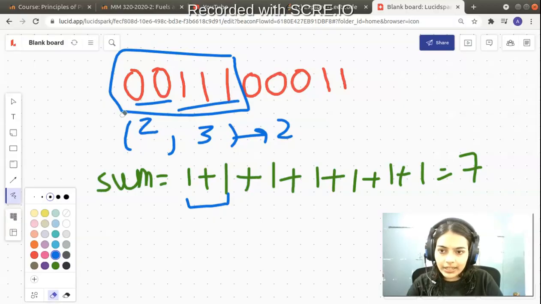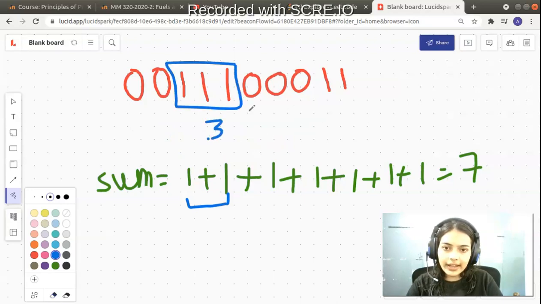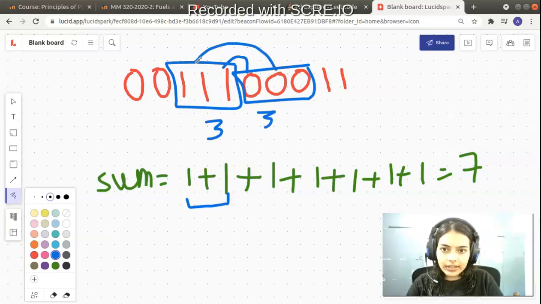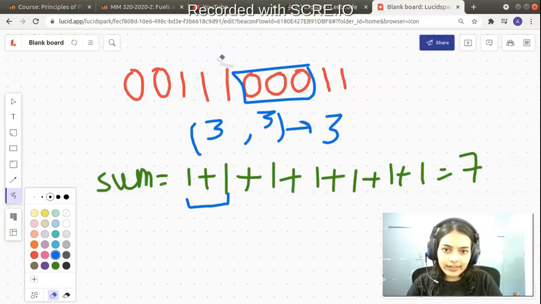Similarly, let's go to the next block. Let me find this particular block. This block has three elements, and again this block also has three elements. So now you can combine this substring and this substring, this entire substring and this entire substring. You will get three substrings because the minimum of 3 and 3 is 3. It's like having three shirts and three pants; you can combine one with one and have them as pairs.